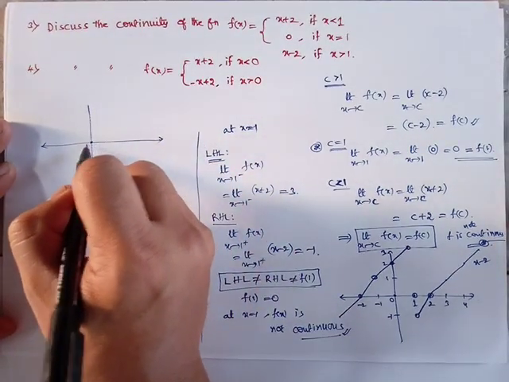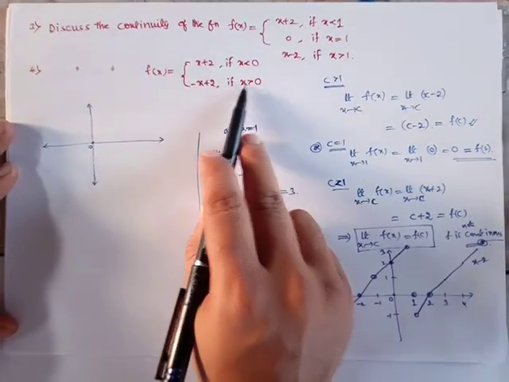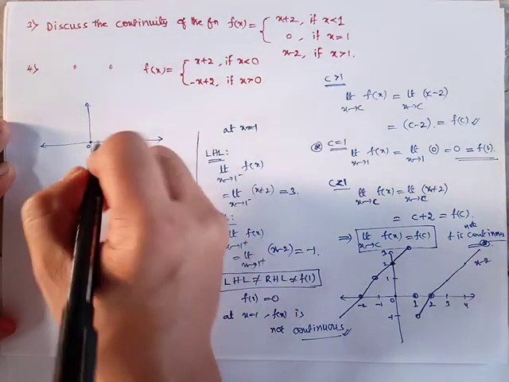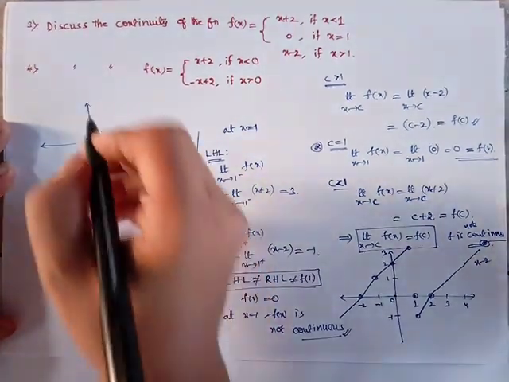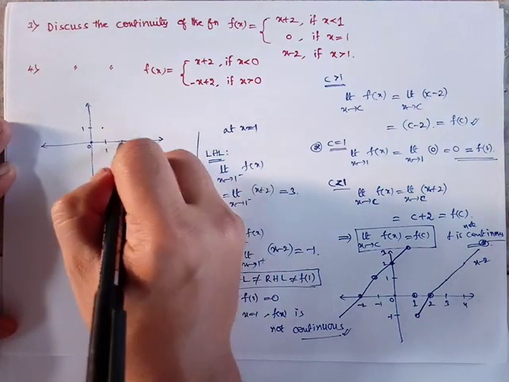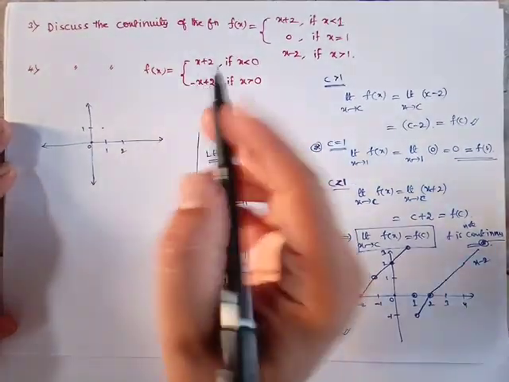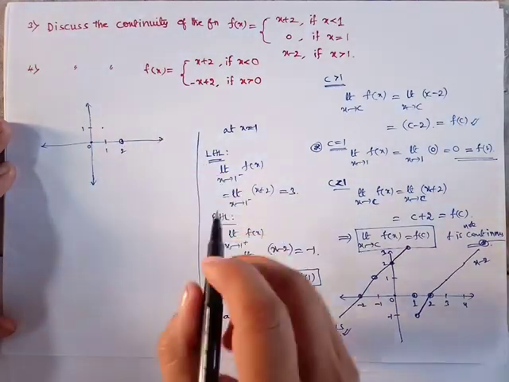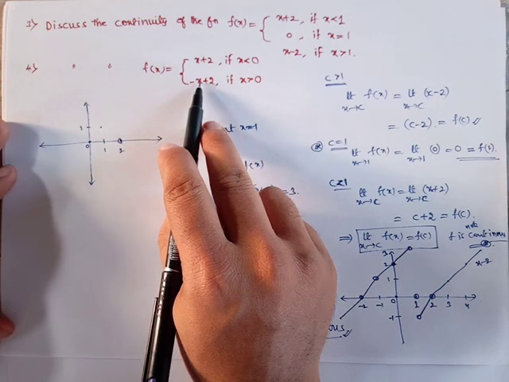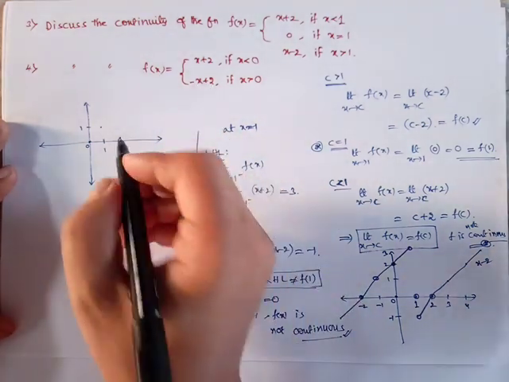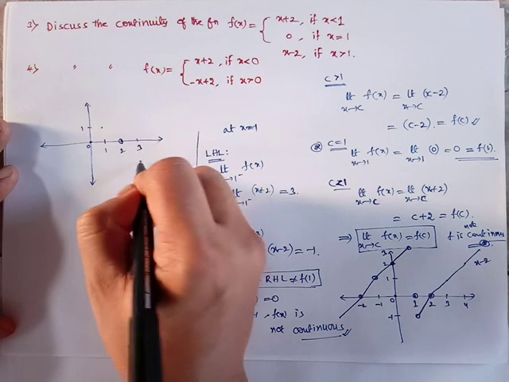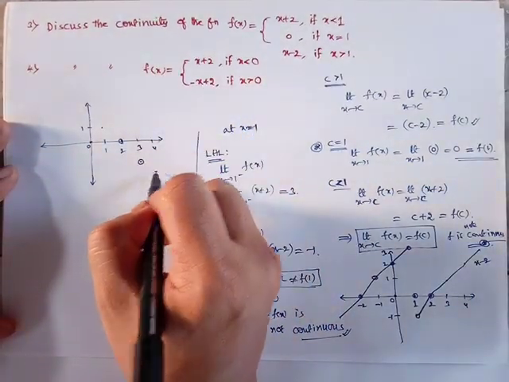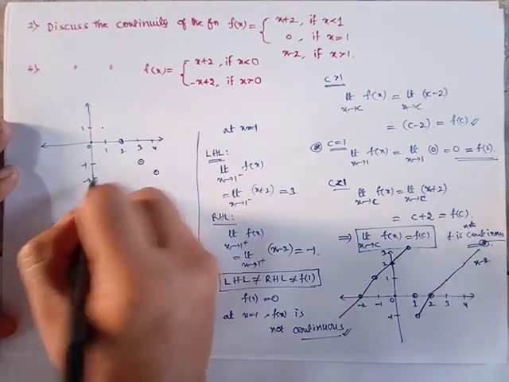At 0 it is not defined, I am just putting 0 here. At x is equal to 1, -1 plus 2 is 1, so it is taking the value 1 here. At 2, -2 plus 2 is equal to 0, so it is taking 0, and at x is equal to 3, -3 plus 2 is -1, and at 4, -4 plus 2 is -2, so consider -2.